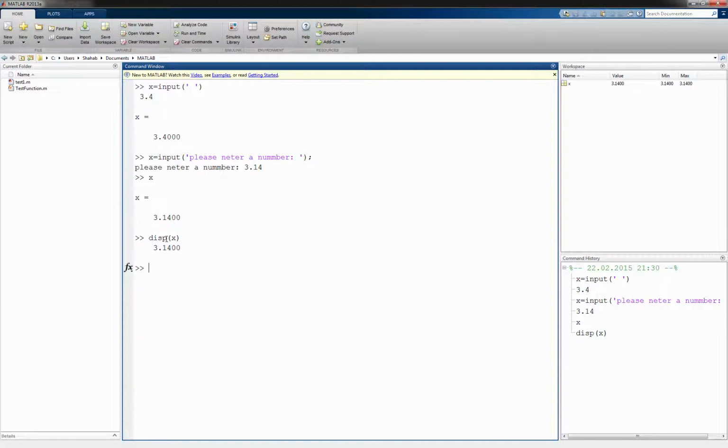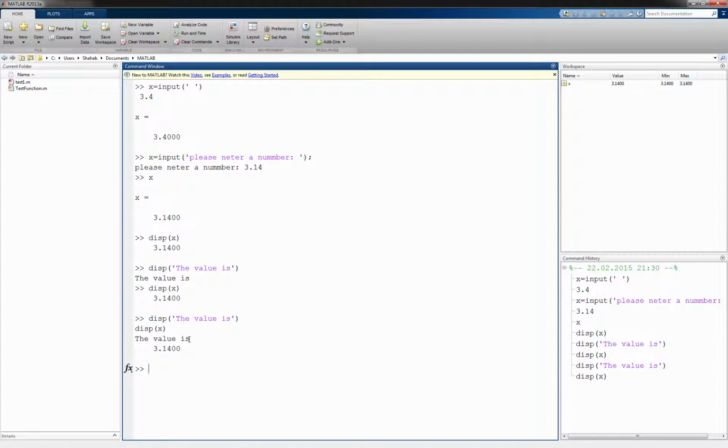So what I can do is write disp, and here I will say the value is, and then I can have disp x. If I have these two together, and I press enter, it says that the value is